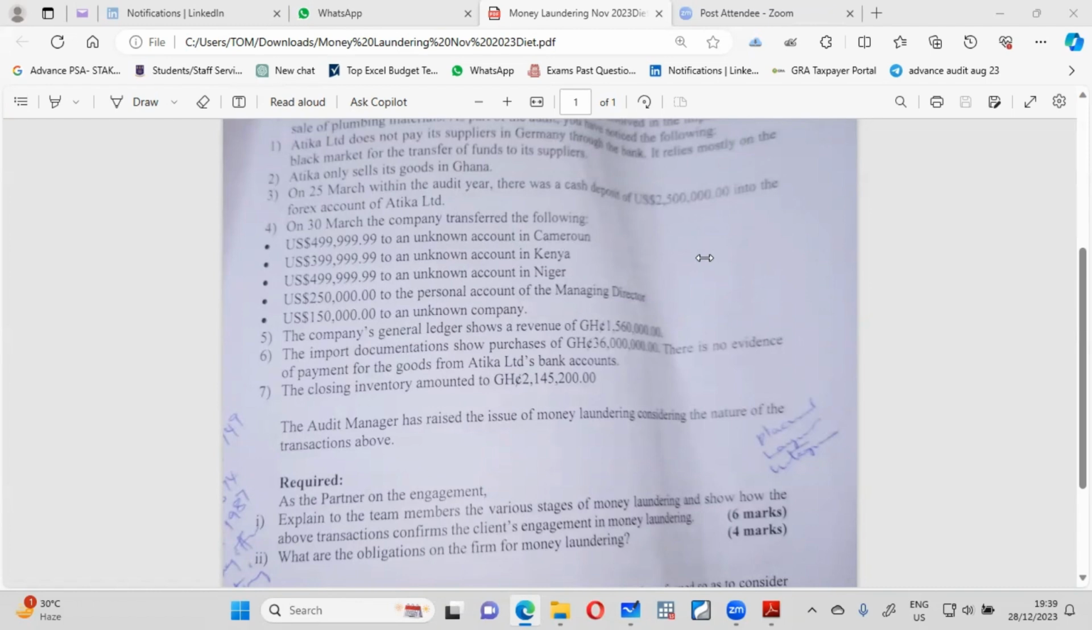Sir, please, point 3 says that on 25th March, within the audit year, there was a cash deposit of $2.5 million into the Forex Bureau account. This is an example of money laundering under the stage of placement, which says that